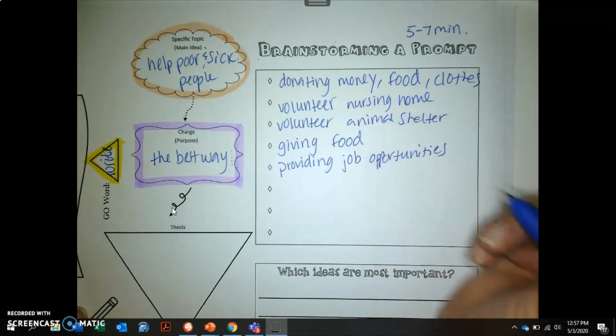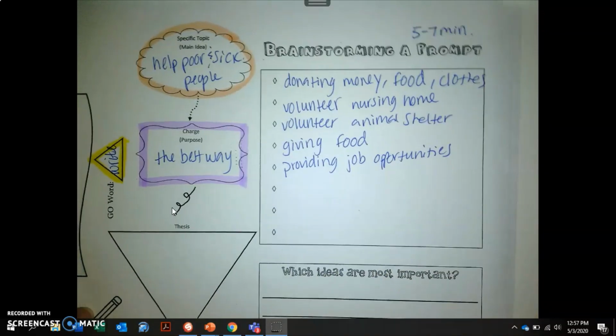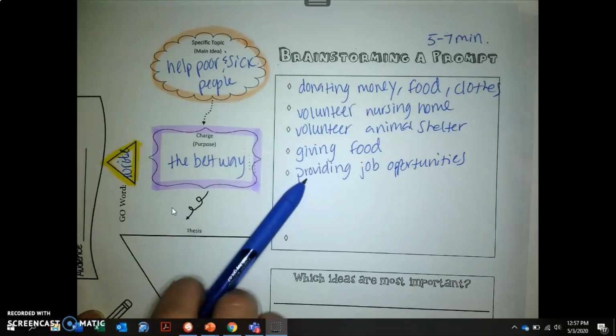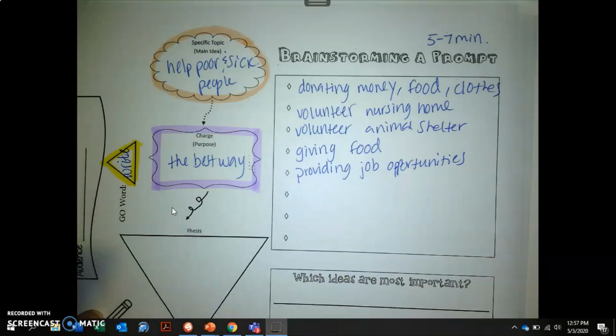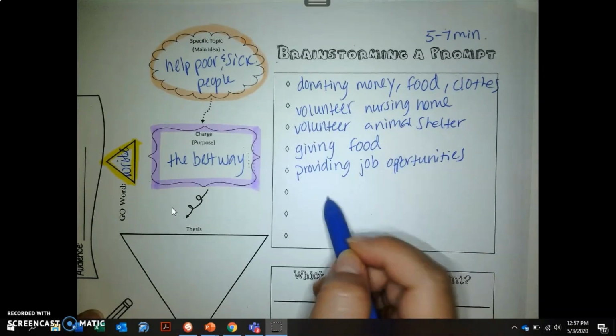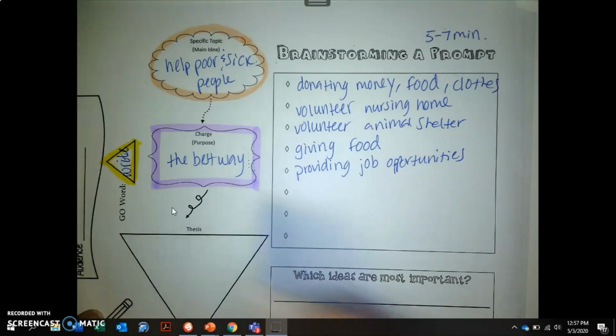And I think it's a double P. Yeah. Providing a job opportunity, because sometimes people on the side of the roads, they'll even say like willing to work. So maybe providing a job opportunity, because sometimes the things that those people don't have is a car. They don't have access to wash their clothes or even take a shower. So sometimes if we provide them job opportunities, they can get access to those things if they get a job,